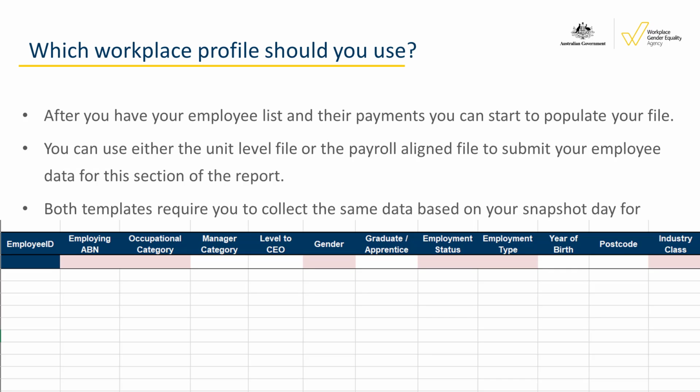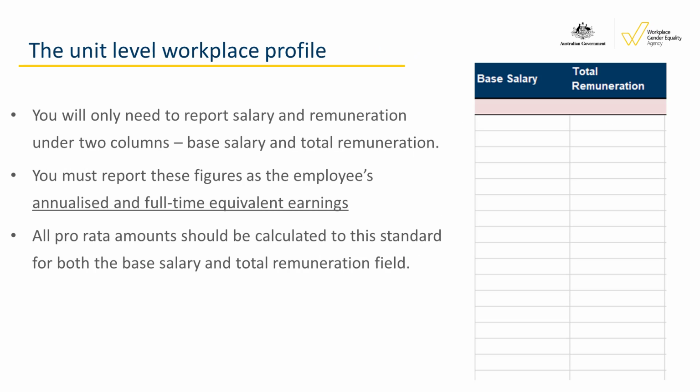Year of birth and postcode, which are both voluntary to complete. And finally, industry class. This is a 4-digit code that must match one of the industries you confirm when you start your report in the employer portal. The next step is to enter the salary and remuneration information, and this differs depending on which file you choose to use. In the unit level profile, you will only need to report salary and remuneration under 2 columns, base